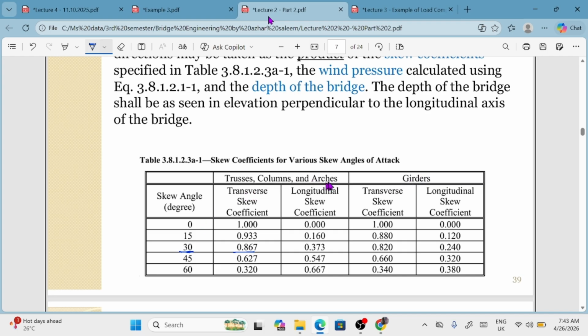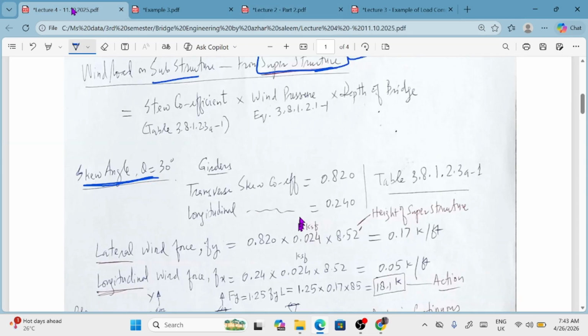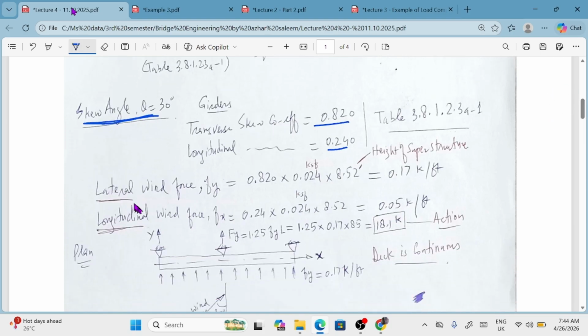We cannot use this because in our situation we use girder. So for 30 degrees it is 0.820 for the transverse skew coefficient, and the longitudinal skew coefficient is 0.240. So we use these skew coefficients, from this table. So the lateral wind force is Fy equal to 0.820, which is the transverse skew coefficient, multiplied by